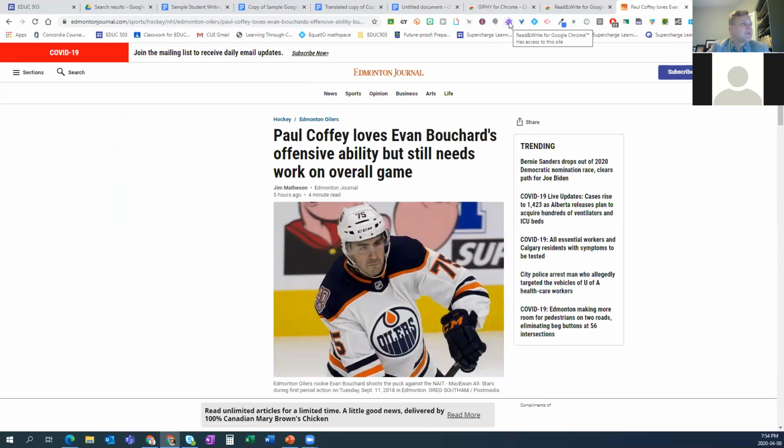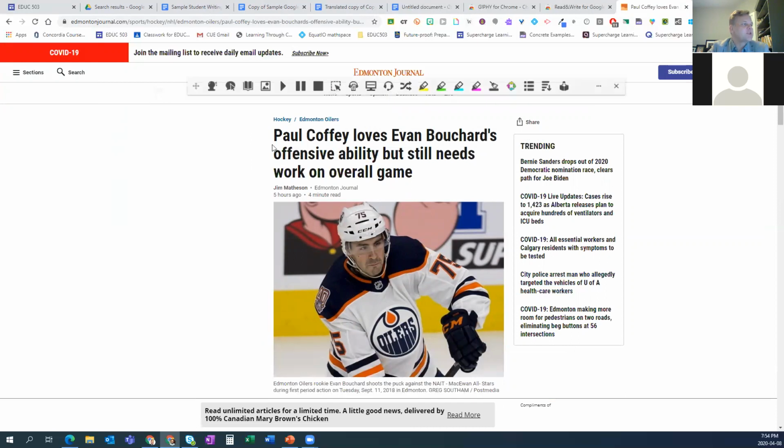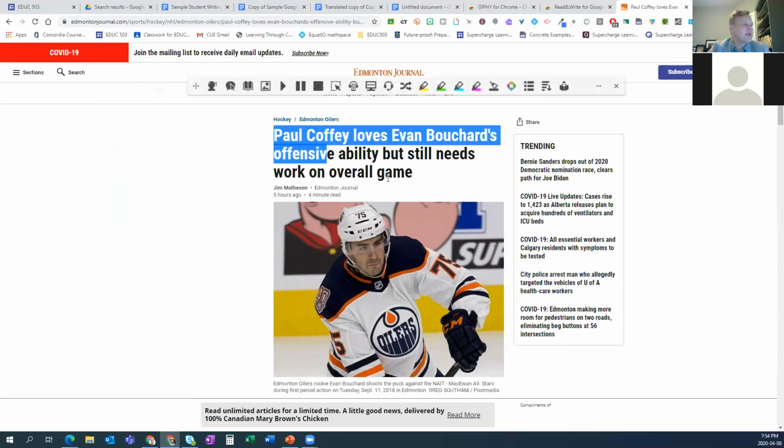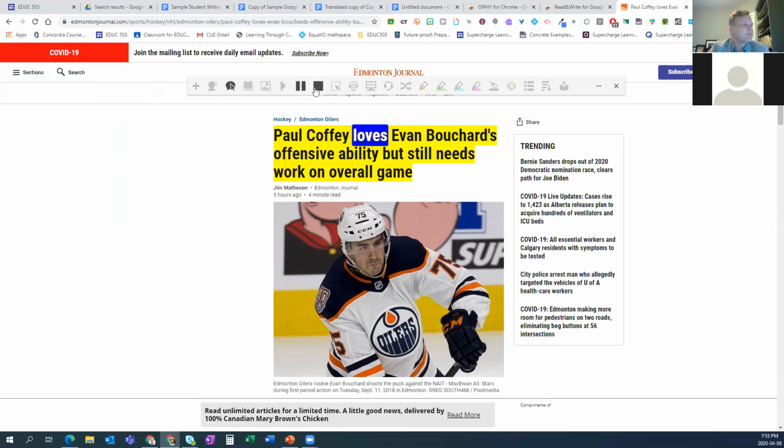All right, now that it's loaded, let me open up the Read and Write Toolbar. There it is. Now it's a floating toolbar that I can move around the page, and I can do the same thing. I can highlight words and have it read to me. Paul Coffey loves Evan Bouchard's offensive ability. Right, I can highlight words on this web page,